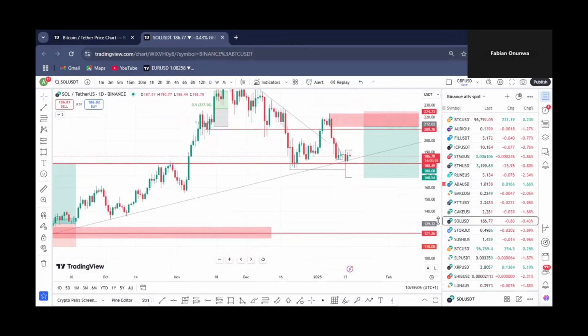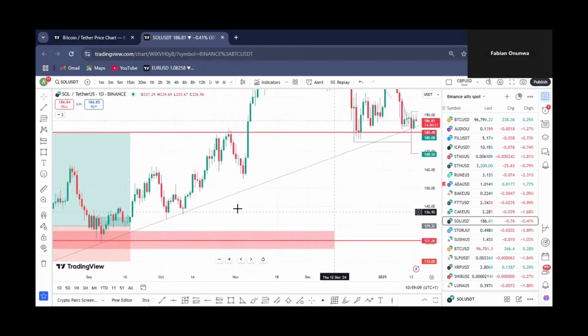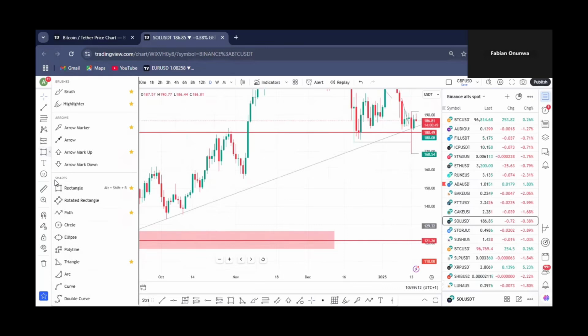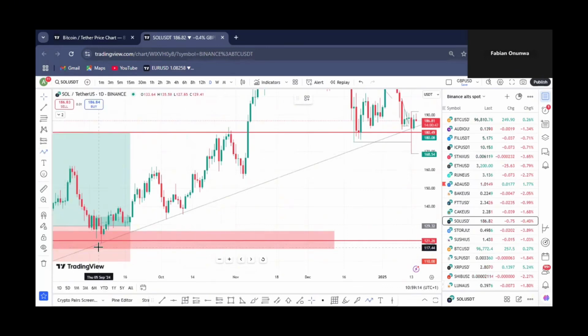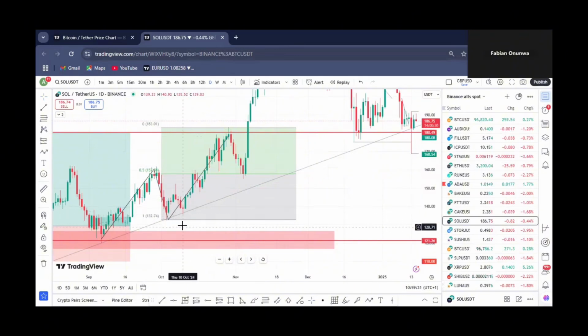It has to close below it. Look at what we have here now. We have this push up, we have a push down, then we have a push up, right? So if we take the fib from here now to here,